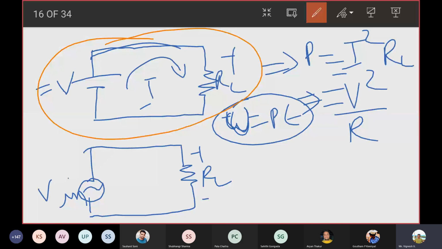Now, what is an RMS value? Why do you even look at RMS values? When I ask you what is the power of this circuit, right here, there will be a constant value of 2 volts or 5 volts and so on. But here, since I'm using a sinusoidal waveform, the voltage is not constant. The voltage keeps on changing with respect to time. So it is very difficult for me. I mean, there is a way to find out what is the power.